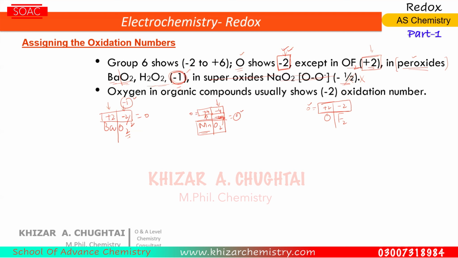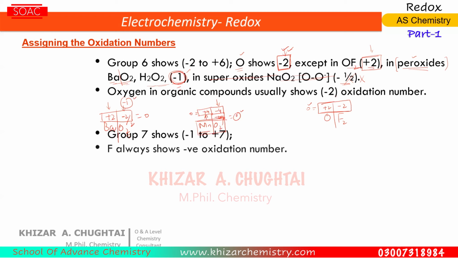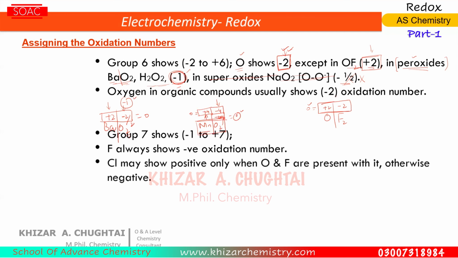And as I told you, usually it is -2. Group 7 is showing -1 usually, but it can change from -1 to +7. Again, F is always having a minus number. Cl may be positive. When Cl is attached with oxygen, or when Cl is attached with F, in these two cases, it may have a positive number, but